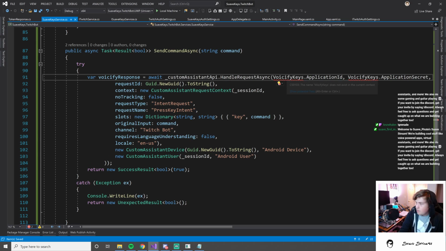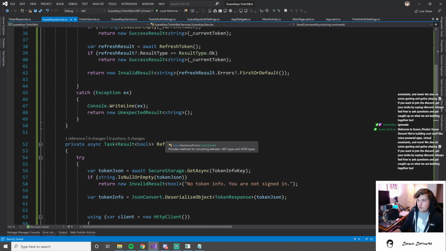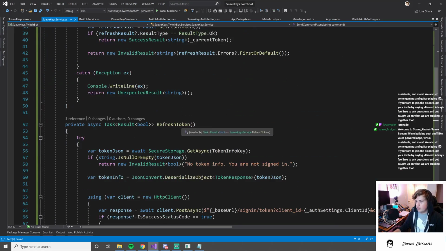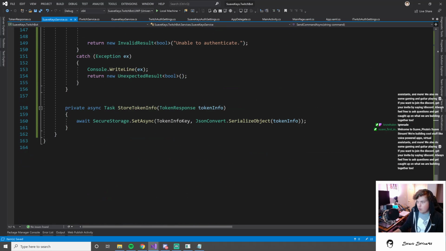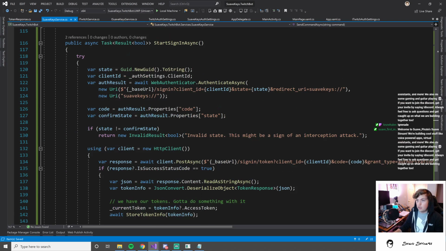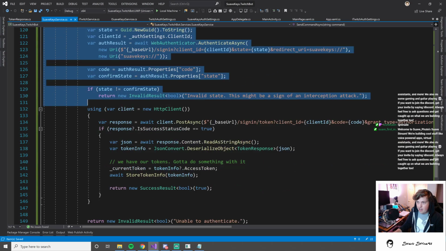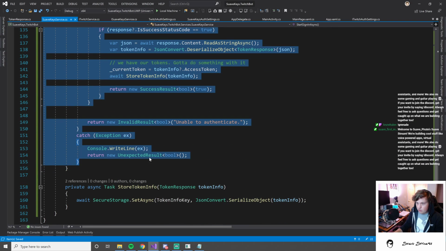Alright, now we just need the namespace. There we go. Okay. That works. I mean, it should work. We've built it, I should say. We've built the Suave Keys service. So now we need to build a Twitch service. So this is where we're going to kick off sign-in on Twitch. It's actually going to look a whole lot like this. Yeah, this isn't going to be too different. What I am going to do